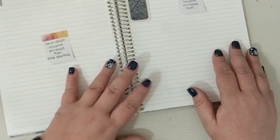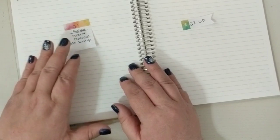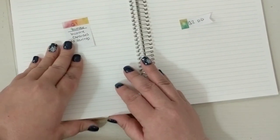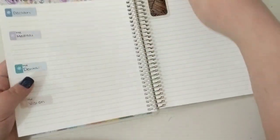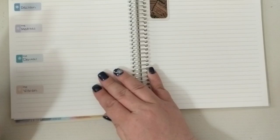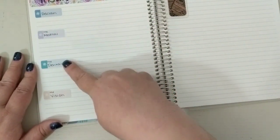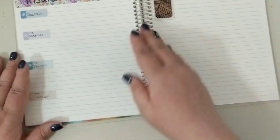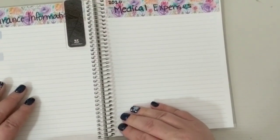And then Q1 for DoorDash, Grubhub, and YouTube, so I can keep track of the income, expenses, and any savings for taxes that I need to pull out. I've got Q2, 3, and 4. I've got my insurance information for Declan's insurance, my medical, dental, and vision, because those are all separate. And then any medical expenses that I accrue, like I will have...